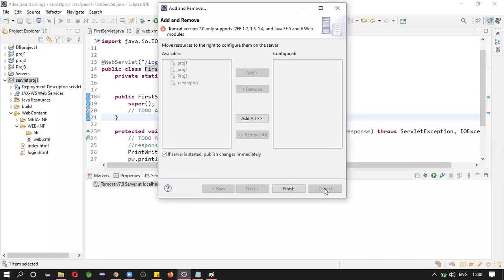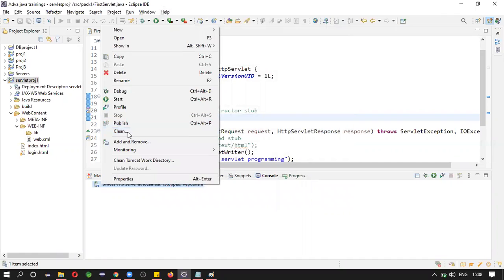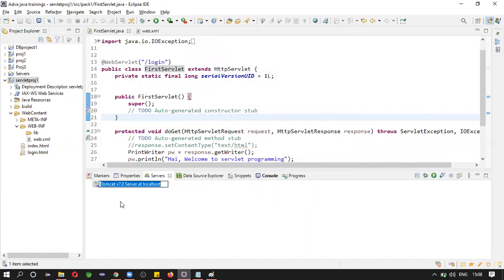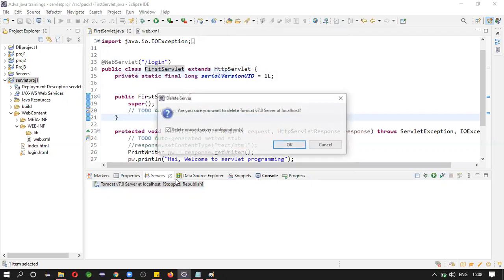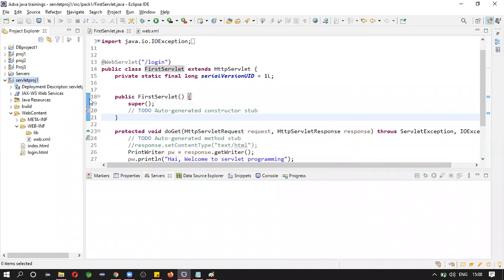So cancel this and let's remove this. Let's add a new Tomcat.